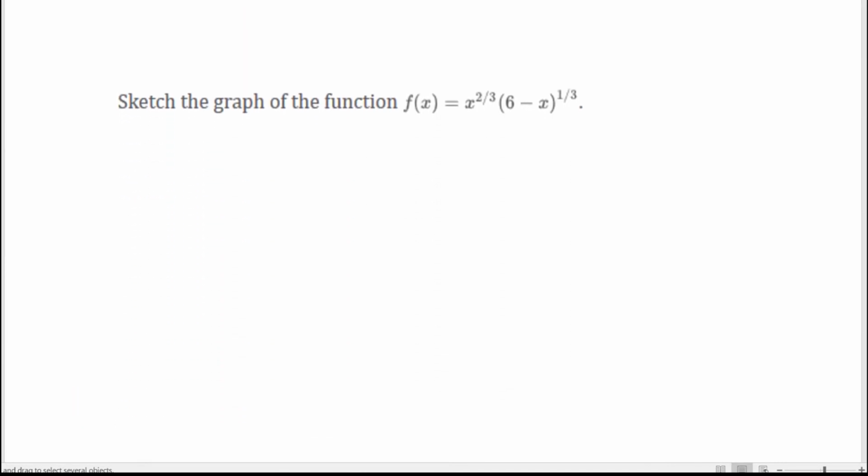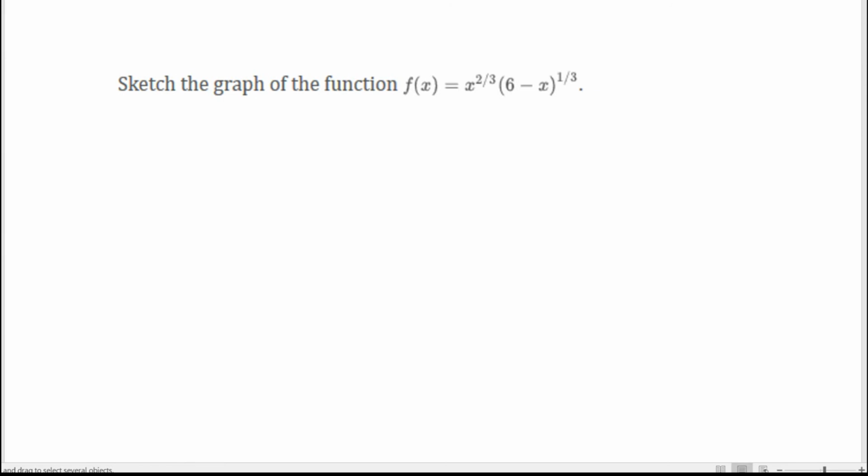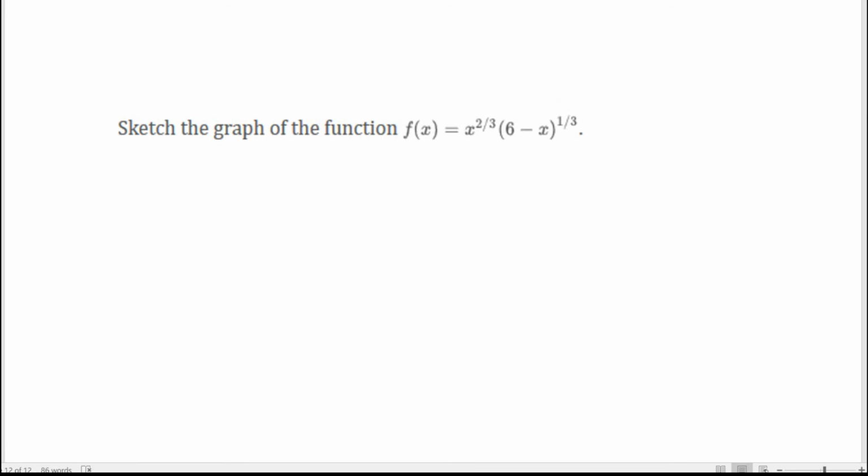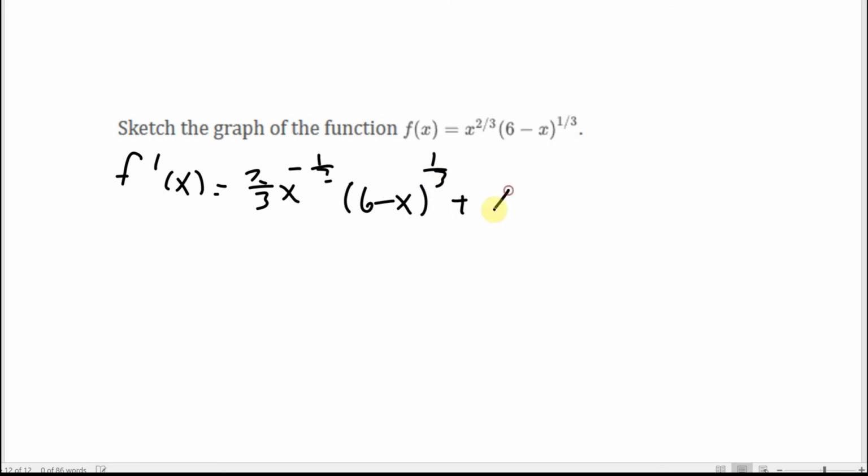All right, so let's try to put both this one and the first derivative stuff together and see if we can sketch some kind of ugly graph. Now really all I'm going to look at the properties of is the concave ups and the concave downs. Okay, so first thing I need to do, find the derivative. Okay, we're going to need a product rule here, so that's going to be 2/3 x to the negative 1/3 times 6 minus x to the 1/3, plus x to the 2/3 times 1/3 times 6 minus x to the negative 2/3 times negative 1, because we've got the chain rule there,